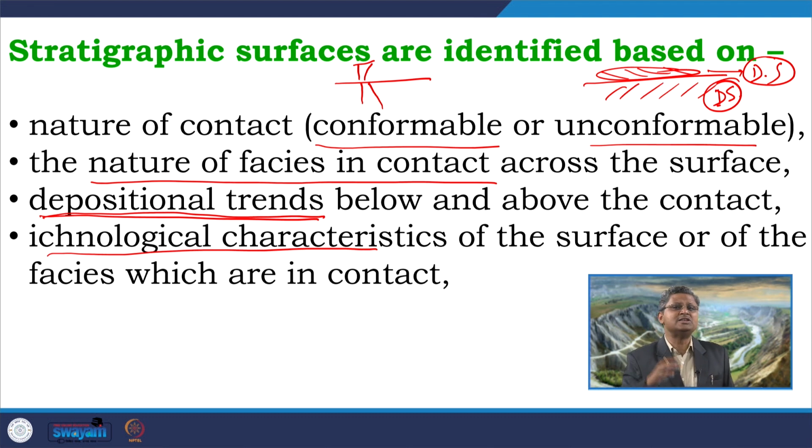when you are getting a change in the depositional trend, when you are expecting a change in the shoreline trajectory, that often leads to a characteristic change in the ichnological assemblages, in terms of ichnofabric, in terms of ichnofacies, across the particular surface. So, many times the occurrence of a particular ichnofacies is very characteristic to identify a particular surface.